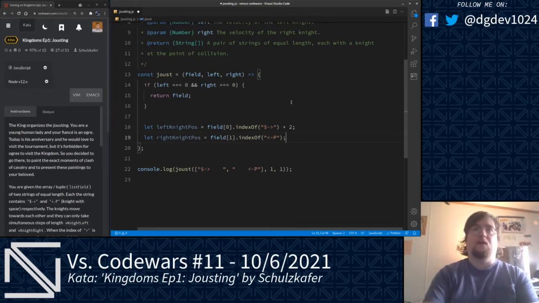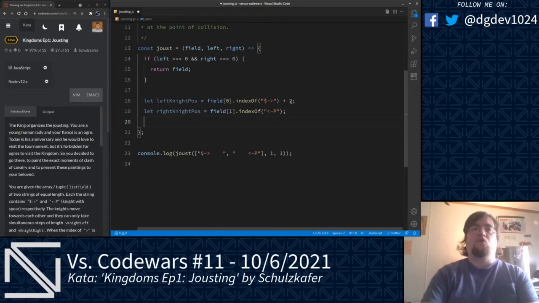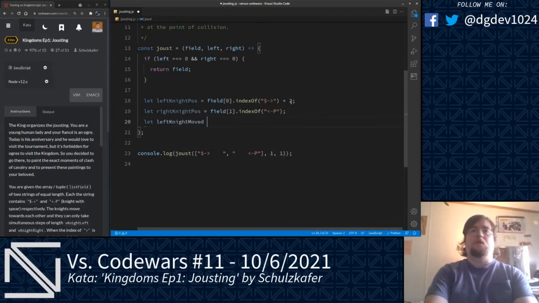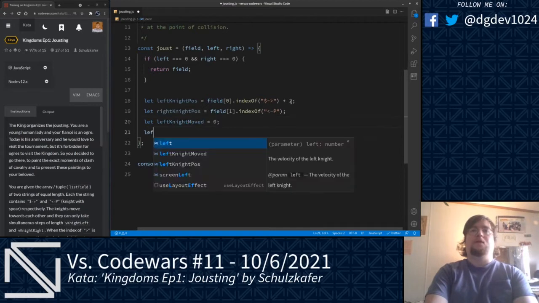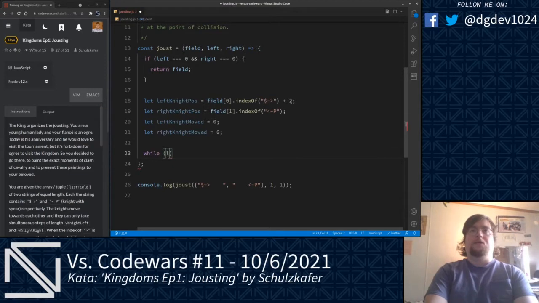Jousting spear. We want to go ahead and keep track of how far the knights have moved. Let left knight moved equal 0, and let right knight moved equal 0. Alright, what we're going to go ahead and do, as long as the position of the left knight is less than the position of the right knight,